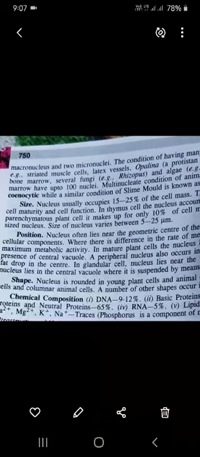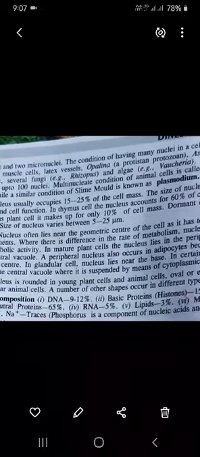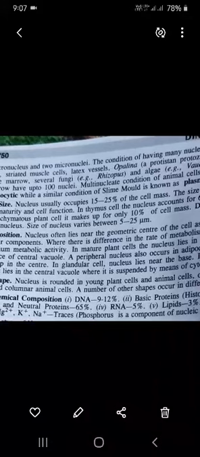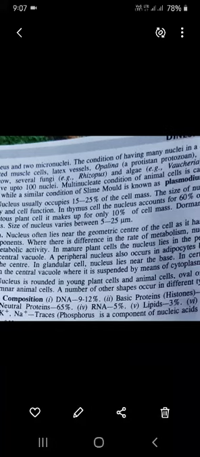Nucleus is rounded in young plant cells and animal cells, oval or elliptical in mature plant cells, and columnar in animal cells. A number of other shapes occur in different types of cells. इसके साथ ही chemical composition. Chemical composition of the nucleus: it contains DNA 9